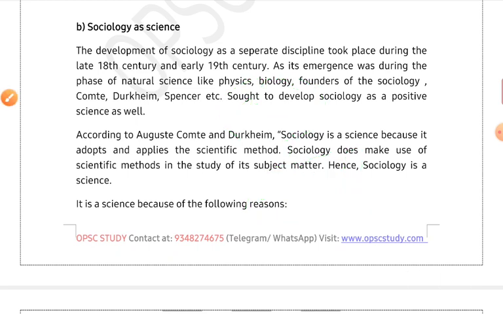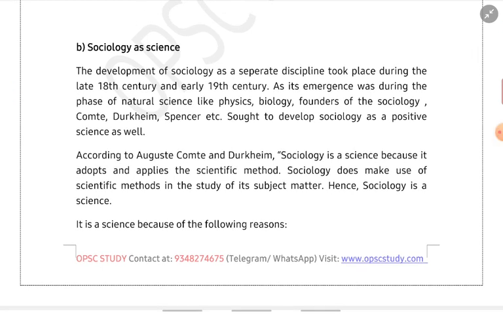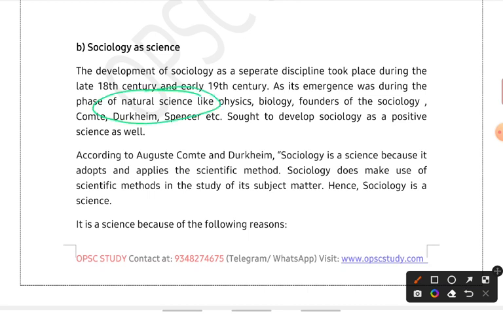So you will write initially the emergence of sociology. It developed in the background of natural science, है ना, in the 18th and 19th century. Natural science was quite prevalent over there, like physics and biology. The thinkers and philosophers who were there, in order to prove the legitimacy of sociology, tried to link it with natural science. Suppose anything new comes in a market and you want to sell it, or you want a customer to know about it, you basically try to link it with a product which is already there, है ना? You try to prove your legitimacy with that only. It was the same thing over here also.